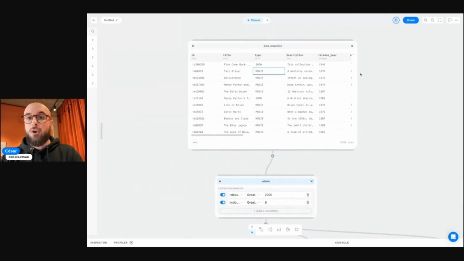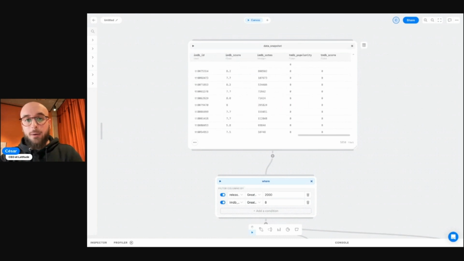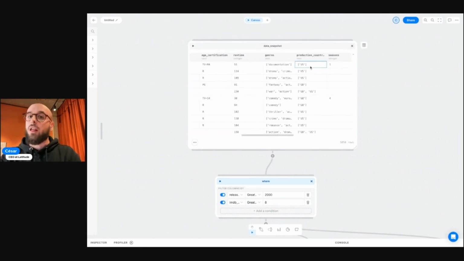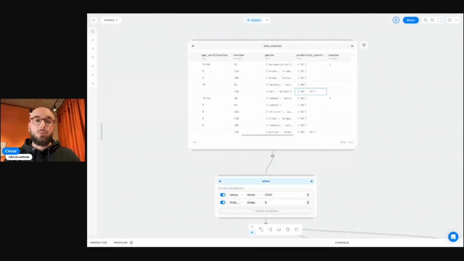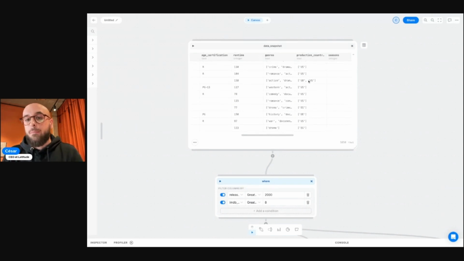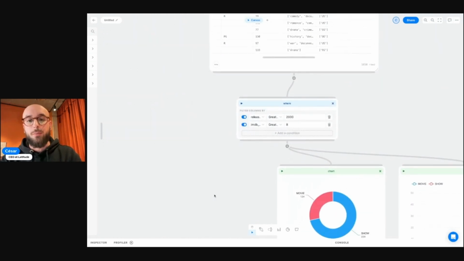So I know that this data set particularly has some columns like the production countries or the genres that are arrays coming from whatever system that they use to export this data. But I can't work with these arrays from SQL directly. So for example, I would like to see how many titles were released in Great Britain or in the US throughout the years, and how many shows and movies and so on. So I want to do some distributions based on the main production country, but in some cases, I'm getting a list of multiple. So in order to access the first one, I'm going to do a quick data transformation,